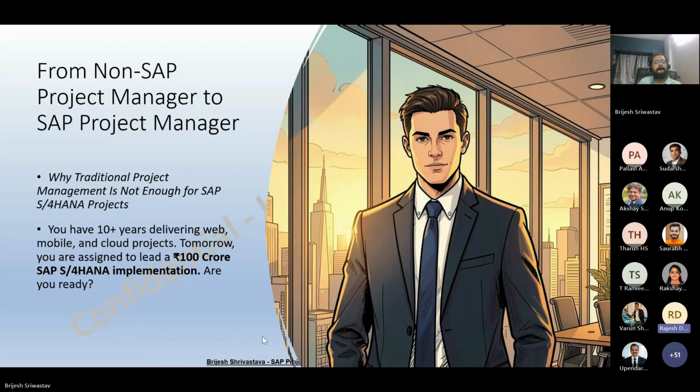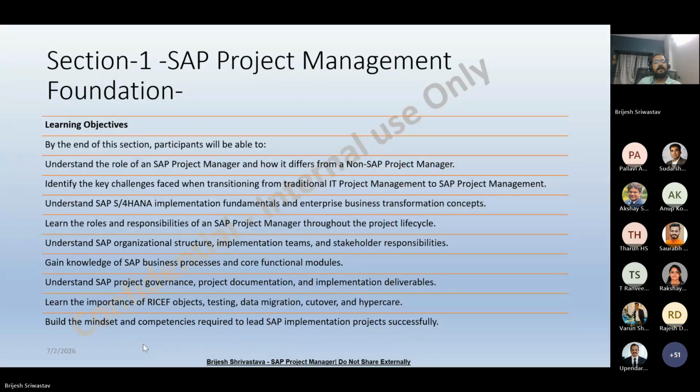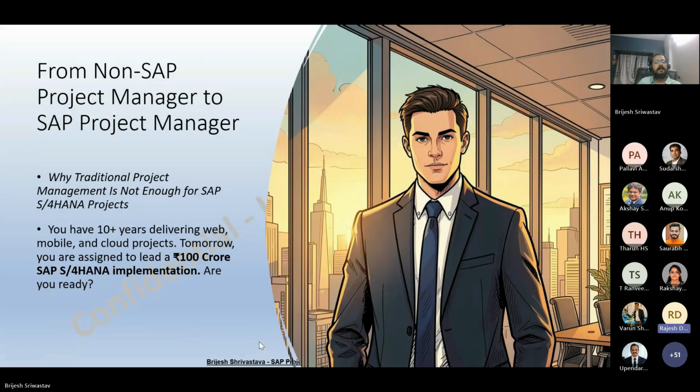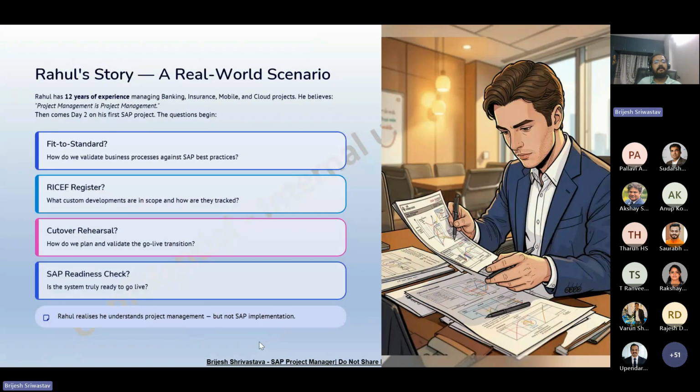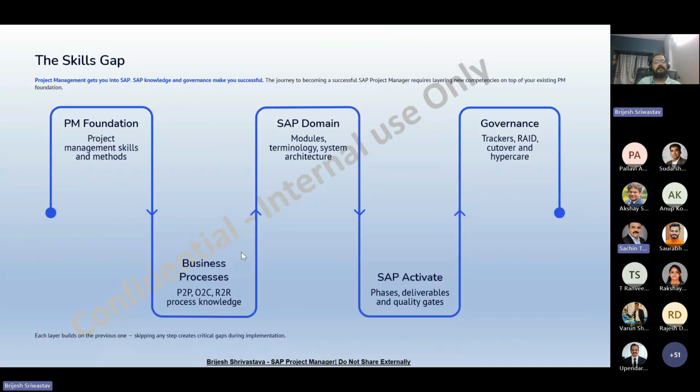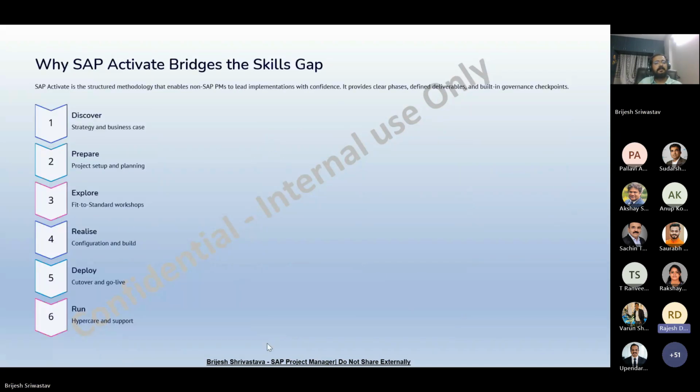Just go down. Brijesh, you were asking about one slide before the last slide. Here. You came to the beginning. Go ahead. Here, after the sprint backlog, next to this. Yeah. No, just go down. Next. Here. Continue. Go down. Here.